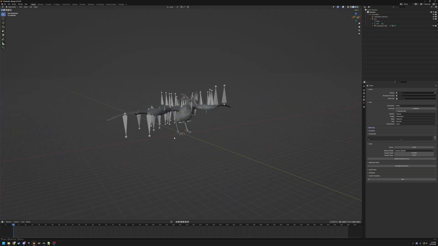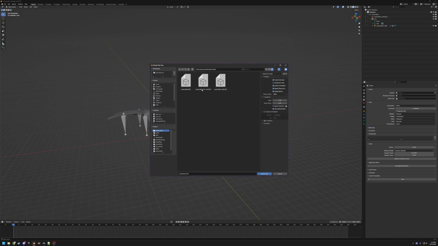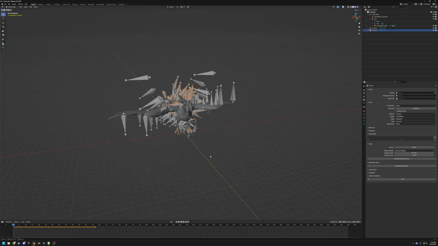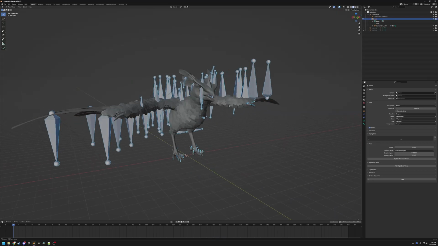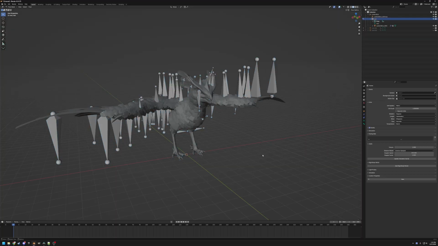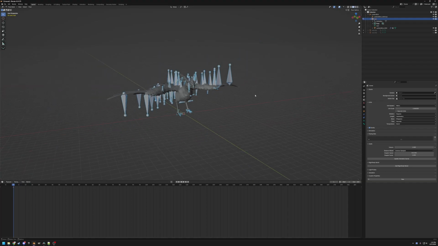So before we do any of the restructuring, what we're going to do is put all the animations that we need onto the skeletal mesh. So now we are going to import the forward and idle animations, and you can see that they're just skeletons. So how do we fix that? Well, first thing that we have to do is go to our main skeleton here and just hit A to select all the bones in pose mode, and then insert keyframe. So you just key all your bones, and then